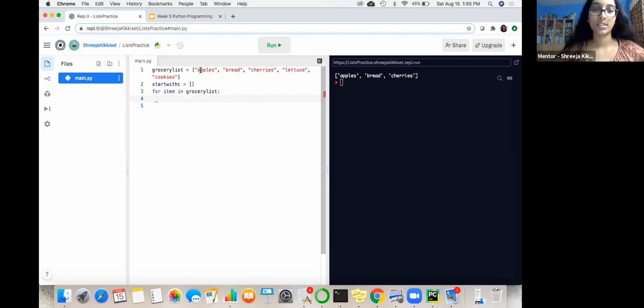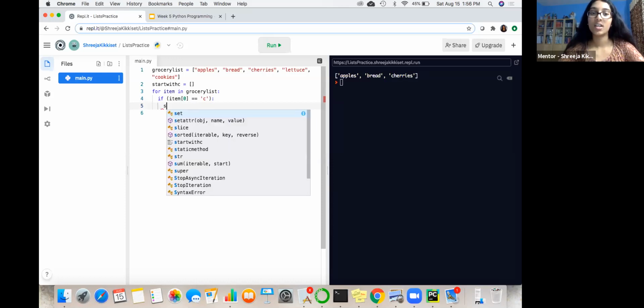So to get the first letter, since the requirement is we only want to put the values that start with C into the start with C list, what we have to do is go through each of these and check what the first character of each value is. So for item in grocery list, and then if item, because that's just referring to apple, bread, cherries, right? So if item of 0, and item is a string, you're just referring to the first character in the string. So if item of 0 equals C,